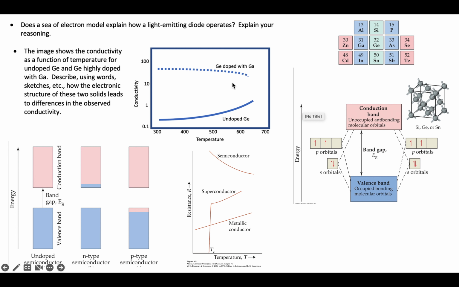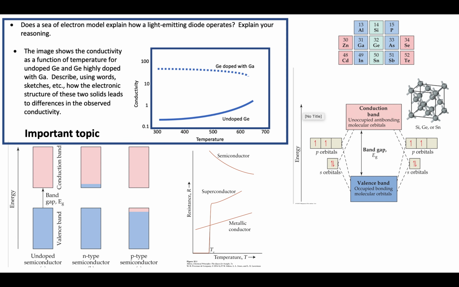When students within their response described this in terms of the increased kinetic energy, that's what I was reading it for. A lot of really strong answers overall within this topic, and this is an important topic, not these particular questions, but the electronic structure and how molecular orbital theory is used to describe the electronic structure of solids. Important idea as we think for the final exam.